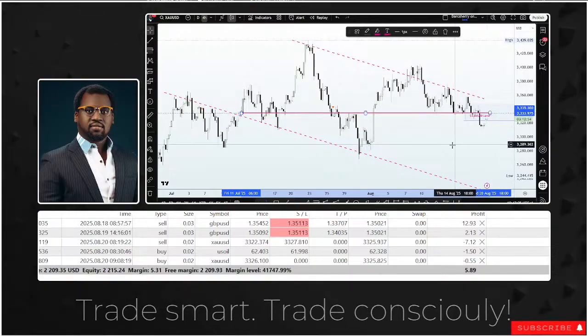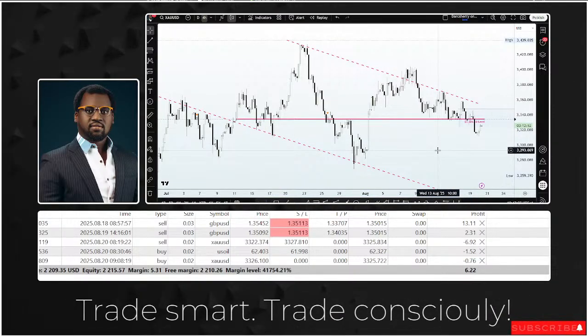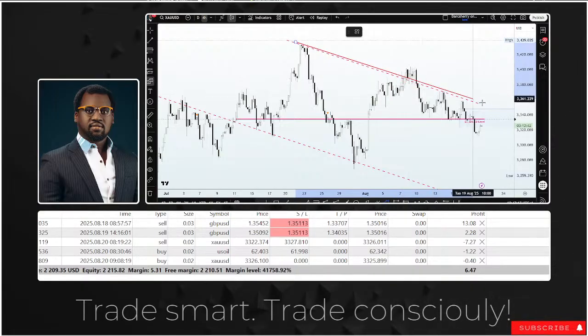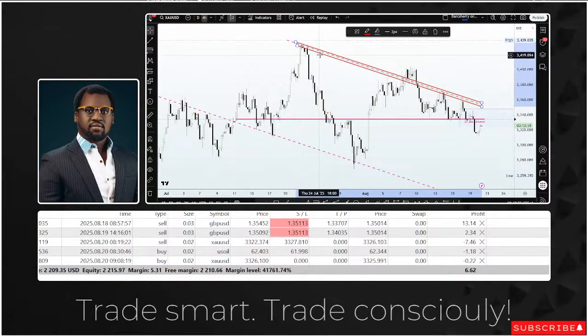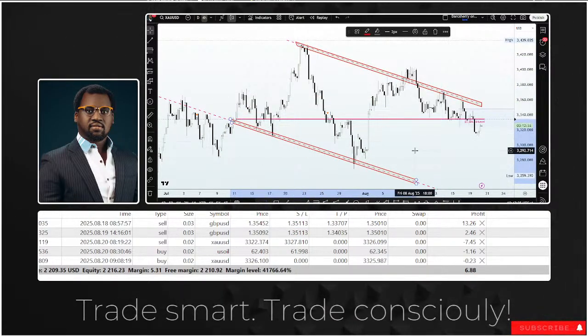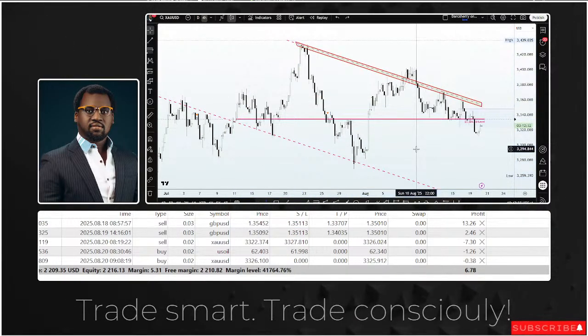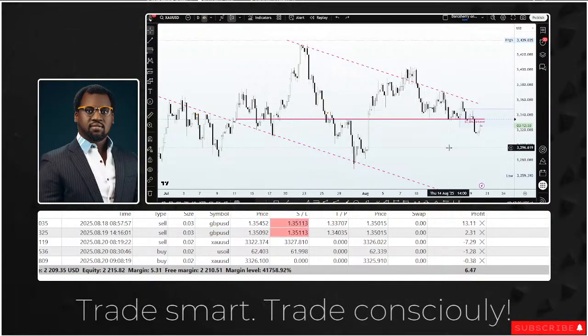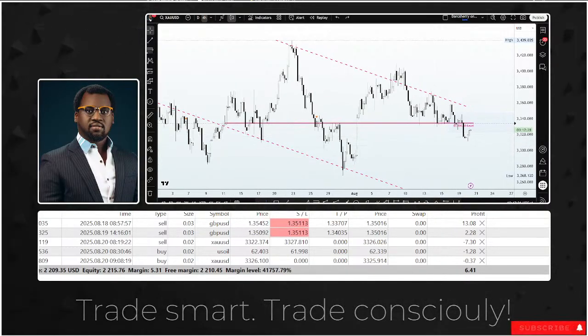And then what we notice is the fact that price appeared to be within a descending channel after connecting the series of lower highs, as you will see, to give us the resistance line of the descending channel. And then we connected a series of lower lows to give us the support line of the descending channel. And to help us navigate this channel, we had our key level for this week at the